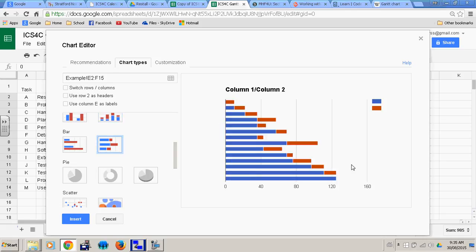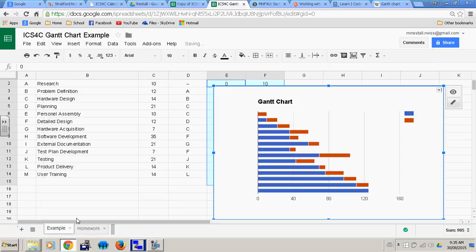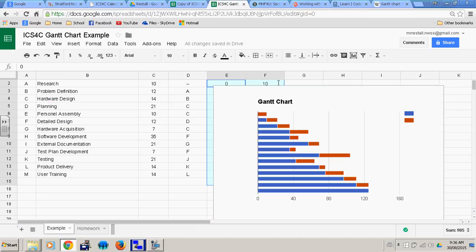And then I'm going to say customization. I could probably add all the titles and stuff like that I wanted to. This is going to be Gantt chart. And if you didn't get all this in this time, then we can go back and finish this, like customize it later. The important thing, see, the Gantt chart, as we saw, is kind of just, there's nothing here. So what we need to do is get rid of the blue,